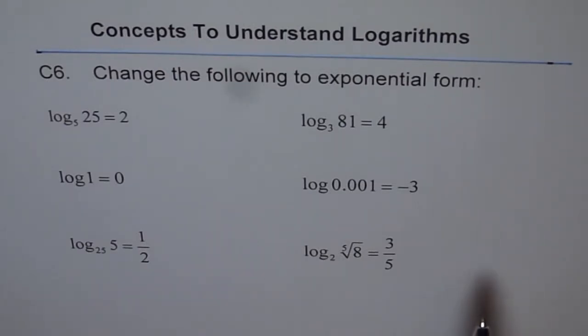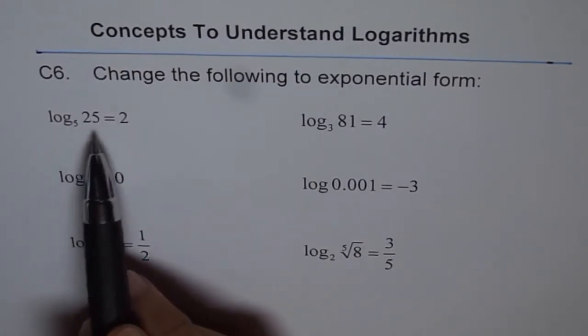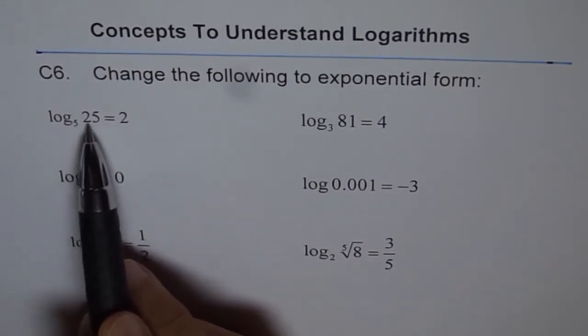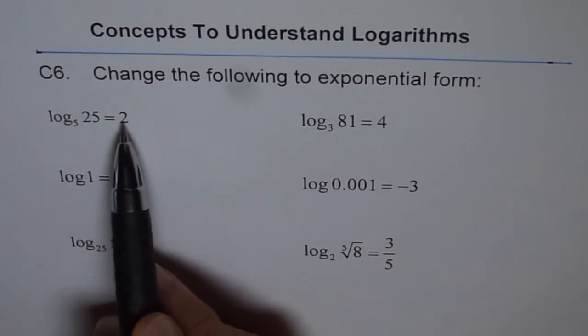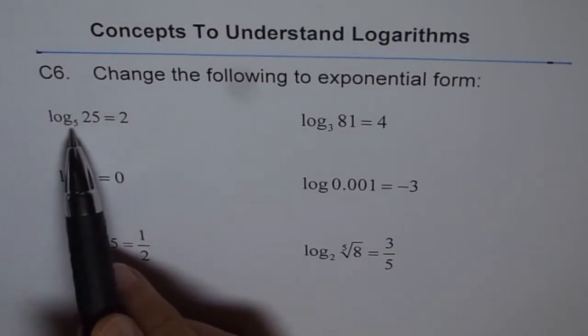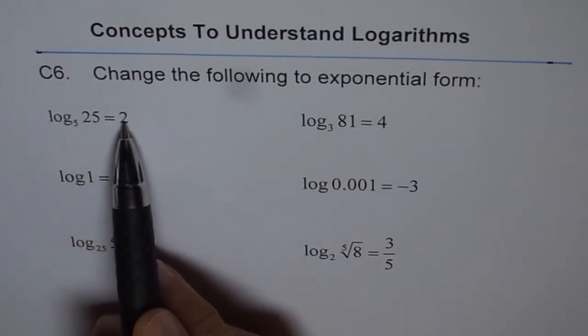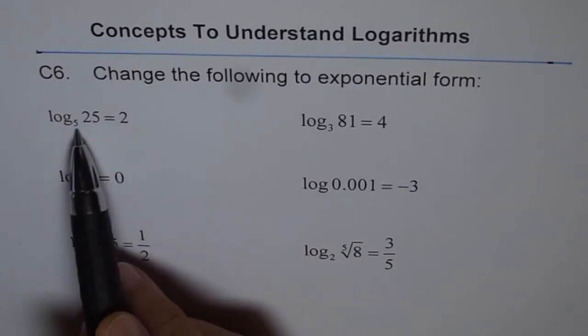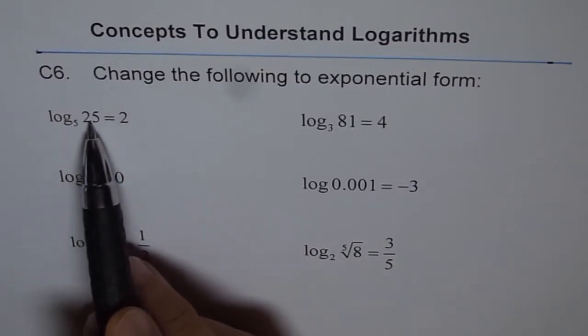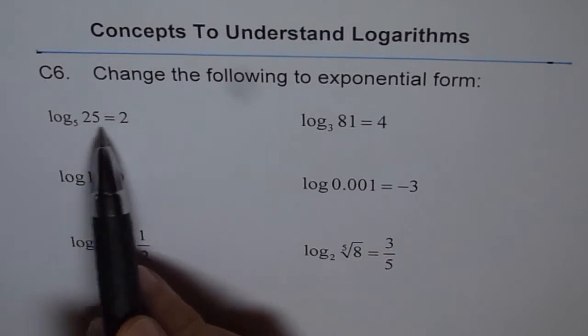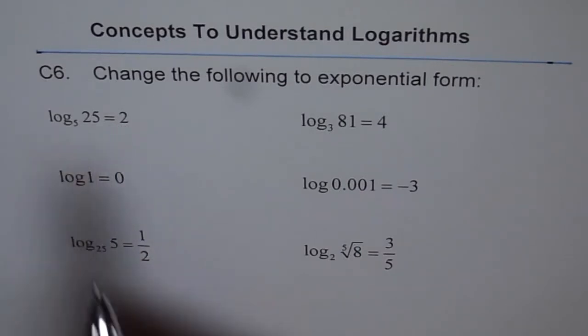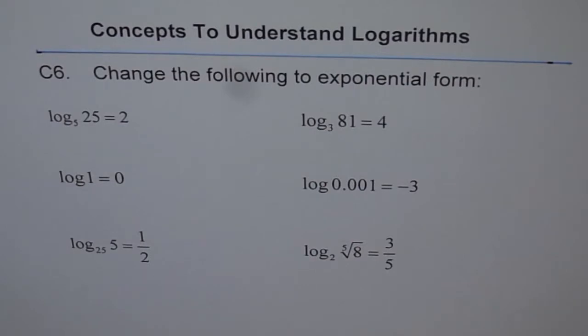One is, let us assume some value x. So well, this is already given, log 5 of 25 is 2, right? You could have solved for this. Find log 5 of 25, we say x, and we know what power of 5 will give me 25, and that power is 2, and that is the exponential form. Do you see that? So now here we'll practice writing these equations in exponential form.